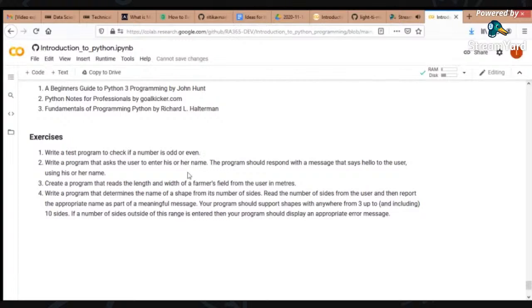That's a very simple exercise. We all know what an odd number is and an even number as well. Write a program that asks the user to enter his or her name. We've already seen how we can receive an input in our code, and then the program should respond with a message that says hello to the user using his or her name. So that's also another simple exercise I expect you to have run through before our next series, before our next